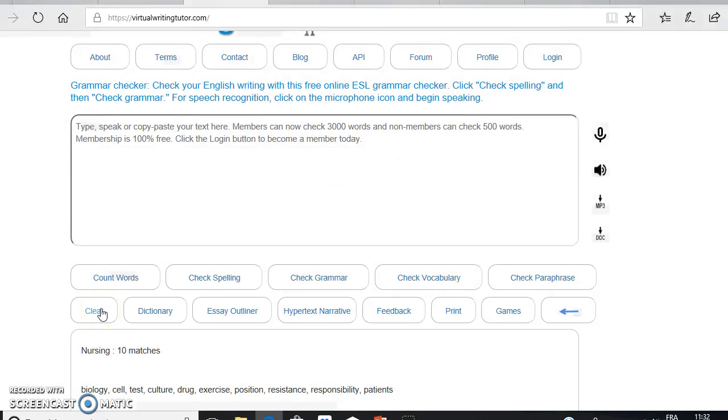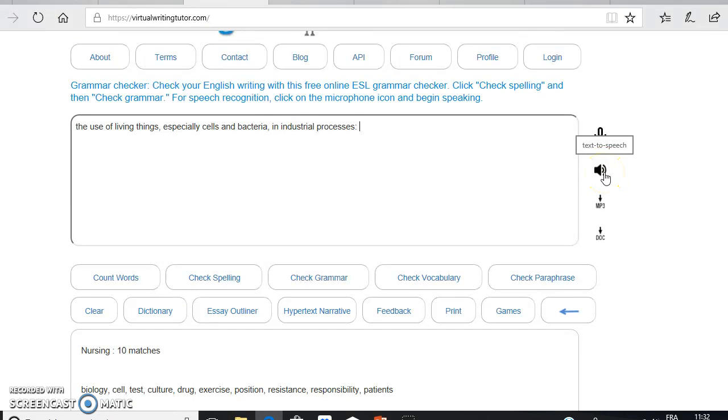Finally, a very useful feature can be used in this website. It's the text to speech. Here, for example, we will paste the definition copied before. Control V. In the text area, and we click on the button here, text to speech. We will be able to hear the correct pronunciation of the text. So let's try it. Click on